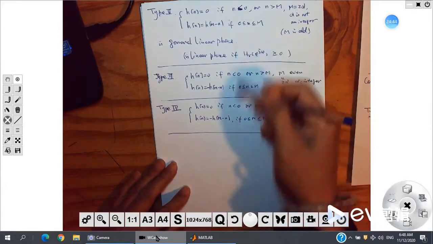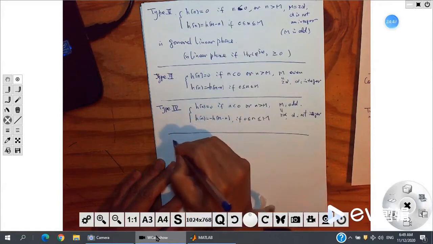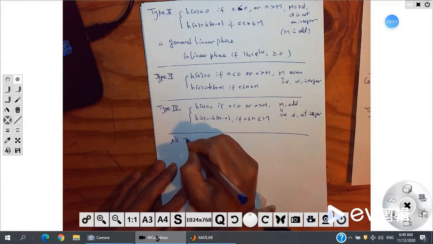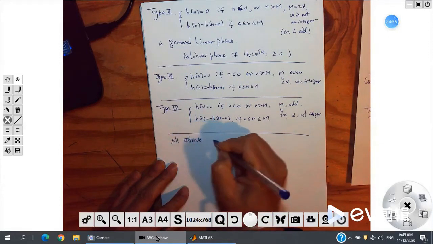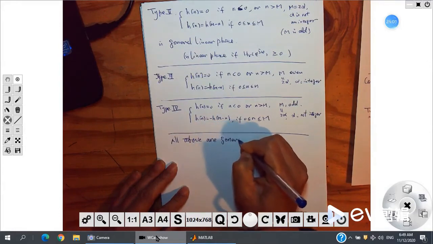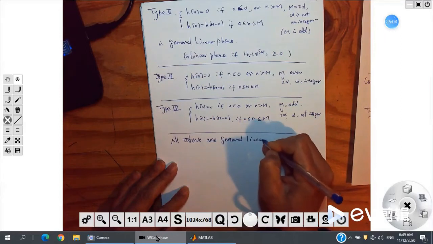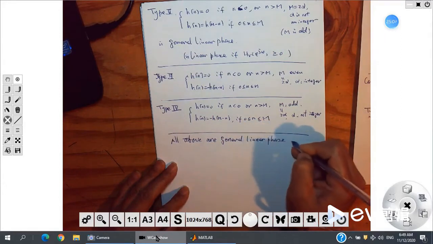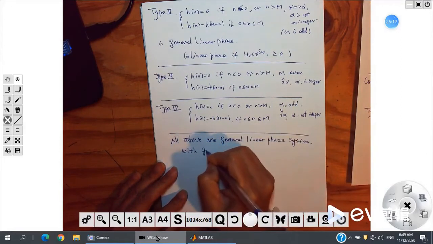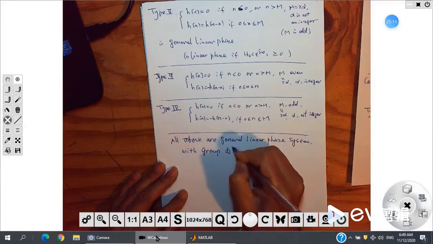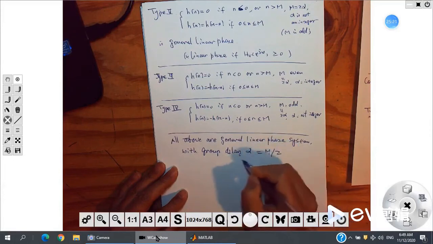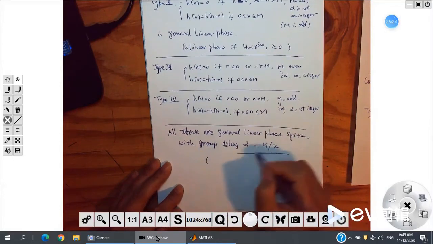All of these are general linear phase systems, with group delay alpha, which is M over 2. This is the group delay. You can also describe it